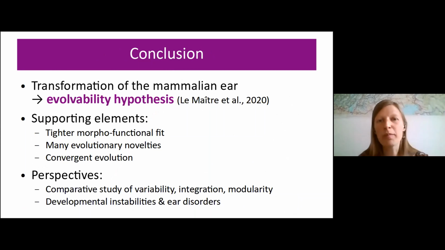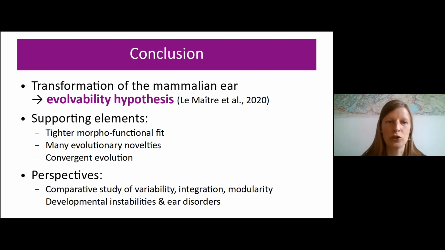There are several hypotheses, but here we propose a new one, the evolvability hypothesis, which states that because mammals have many more constituents, there is much more possibility for variability of the different elements, because you have many more developmental, genetic, and regulatory pathways to create these elements. And so it allows an easier adaptation of each element to different